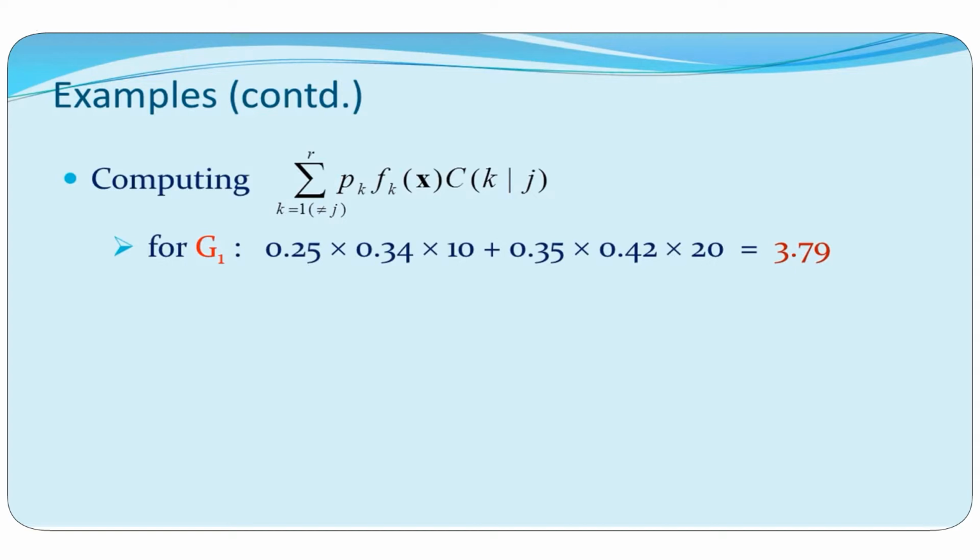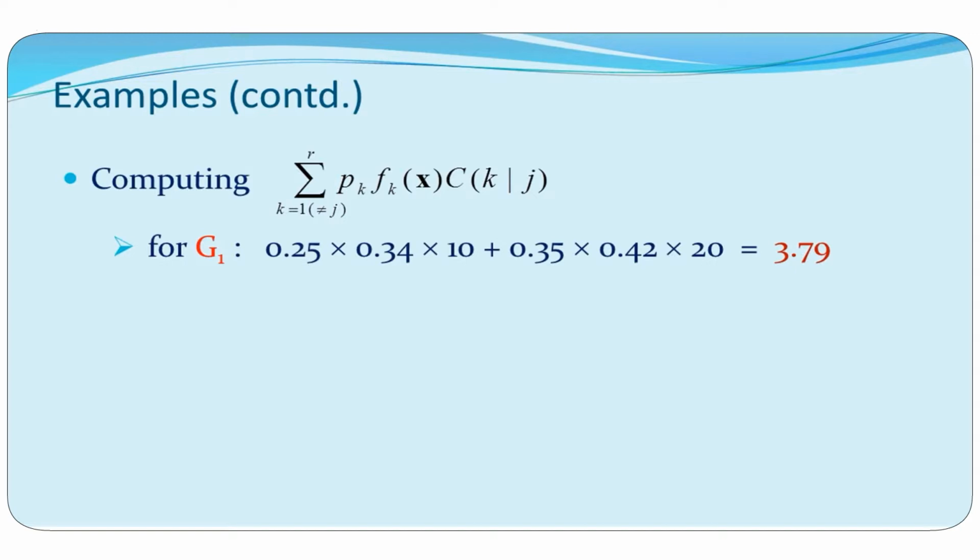This is actually the probability of coming from the second group, and 0.34 is the ordinate of x in the second group, so it's f_2(x), and 10 is the cost. Similarly, 0.35 is the probability of coming from the third group, times its ordinate at x, times the cost